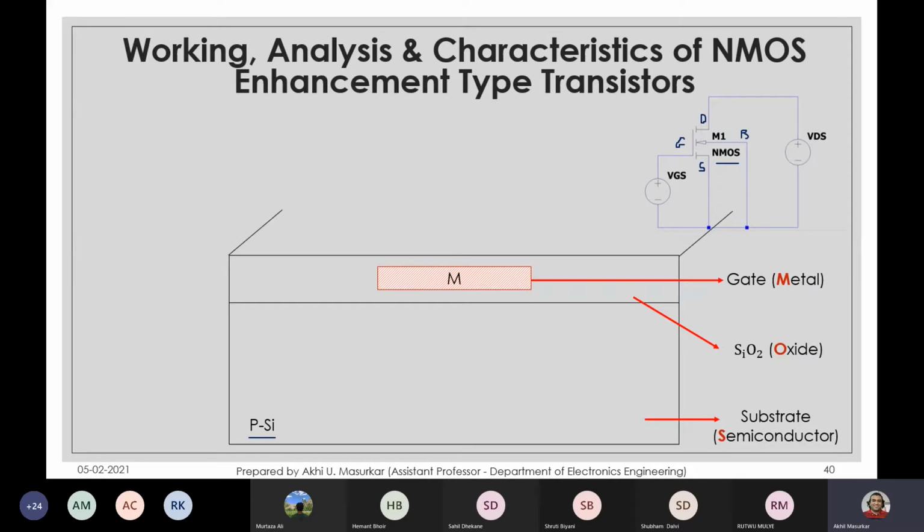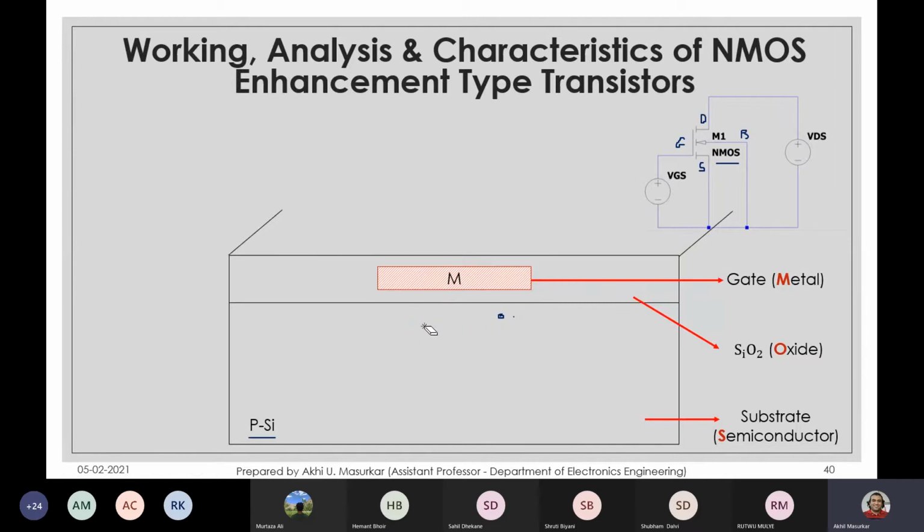So first we created the MOS structure, and we know that when we give a gate voltage, we are going to get a channel somewhere here. We are going to get inversion, some channel here, just below the gate. That is where we are going to get it.